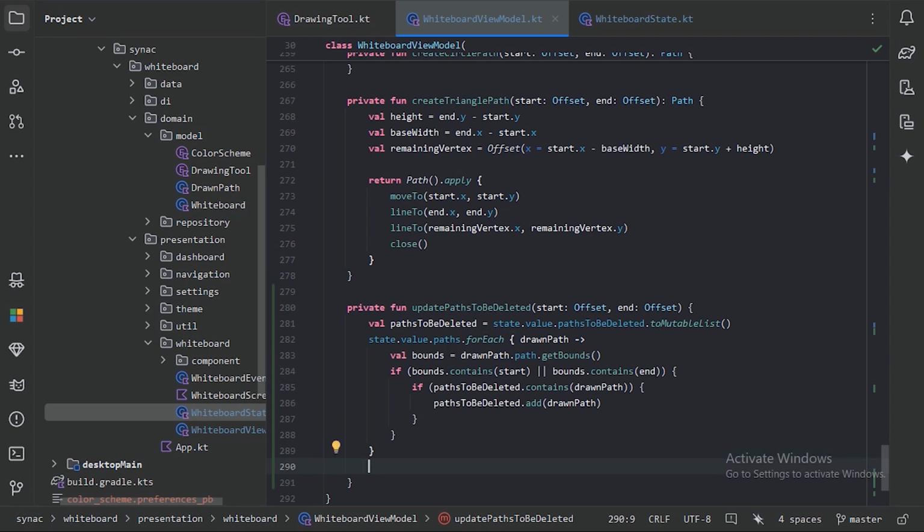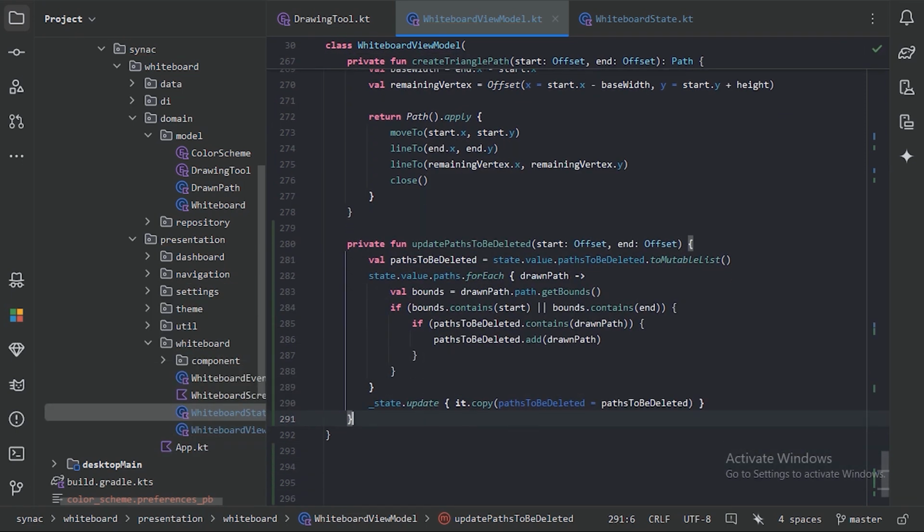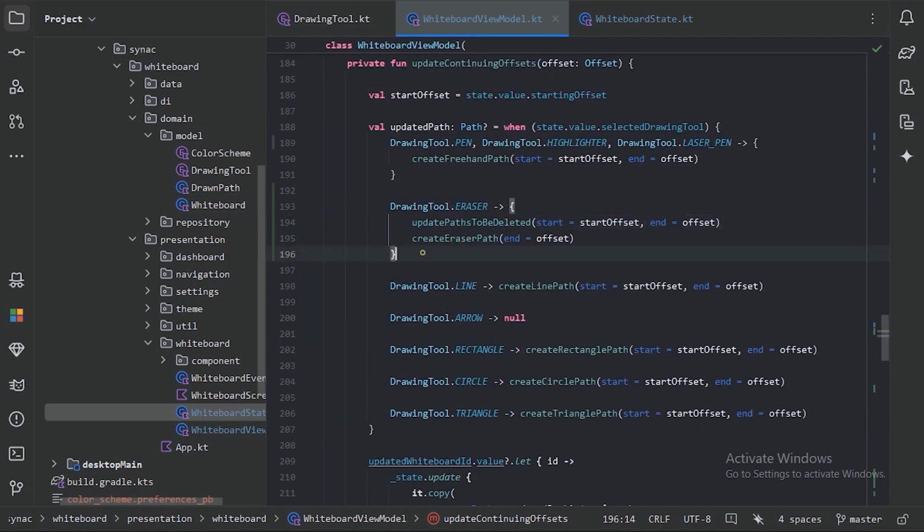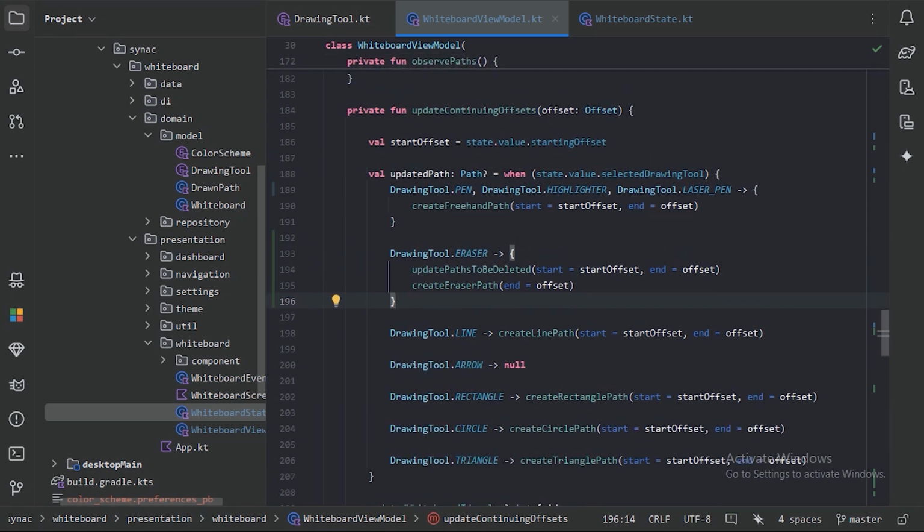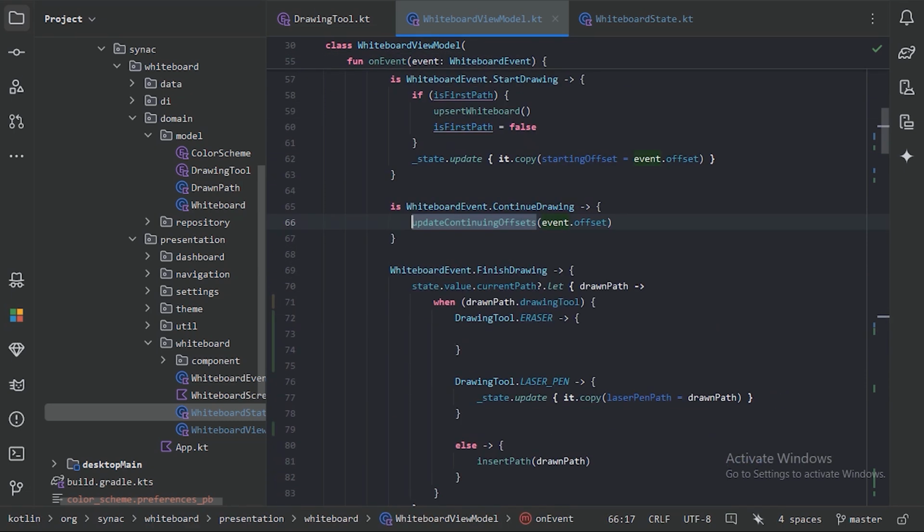And at the end of this function, we will simply update our state of list to the new list. So this is how we are going to collect all those paths on which the user has dragged. And this function we are using in our update continuing offsets. And after this continued drawing, we will get this finish drawing event, and here we need to call our delete